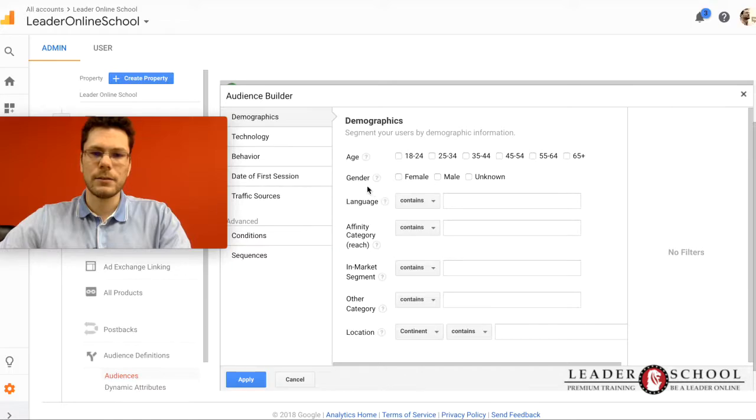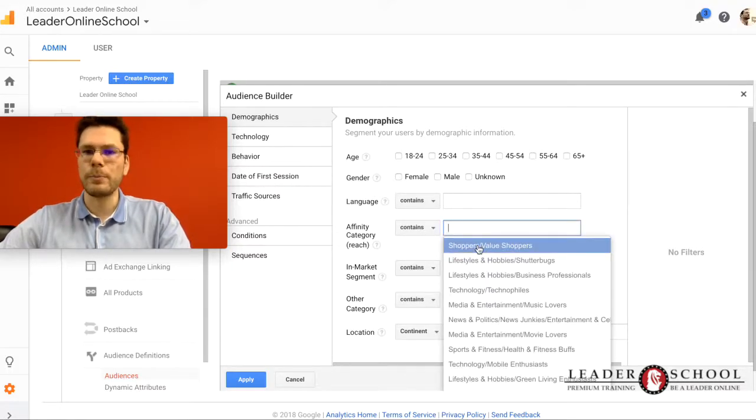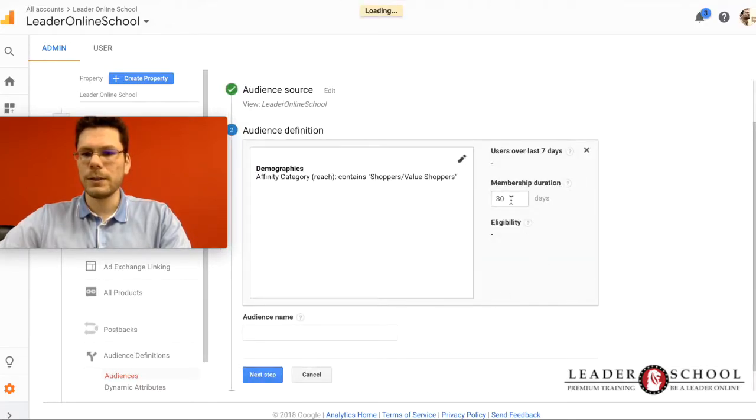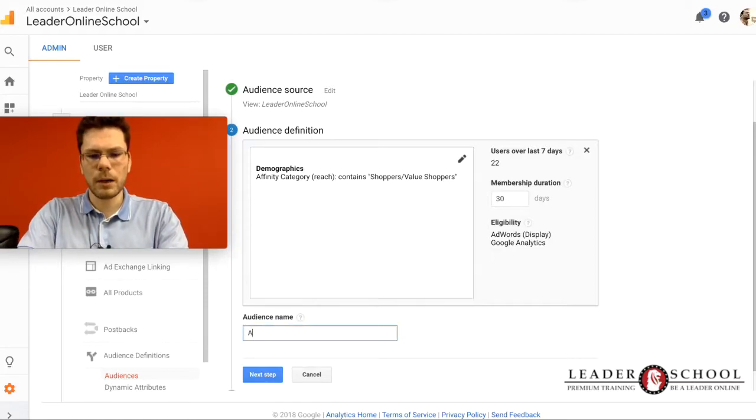So from here you can select an affinity category like shoppers. These are all the affinity categories we already checked in our Analytics demographics. So we select shoppers and then we apply. We select the membership duration, 30 days, 90 days, etc. Put a name like analytics,